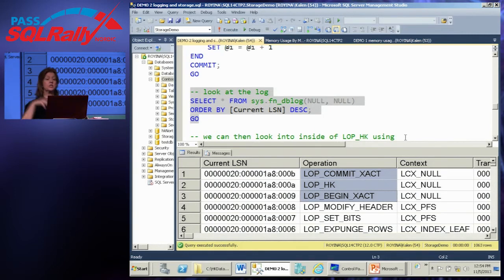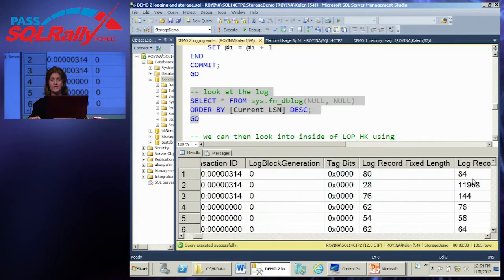Begin the transaction, do something with Hekaton data. It still uses the HK there for Hekaton. It was a little bit bigger than the log records for the disk-based tables, but not 35 kilobytes. It was definitely just a fraction. It's about a third of the space.